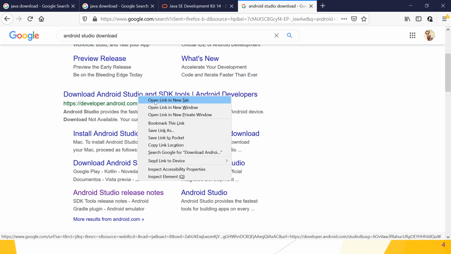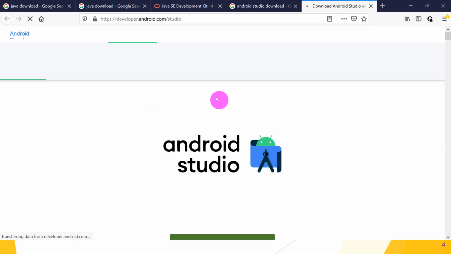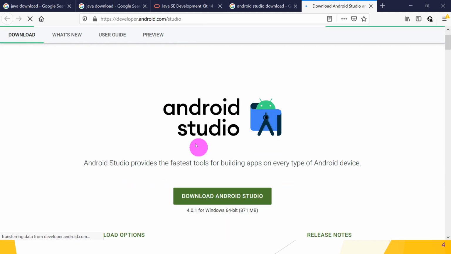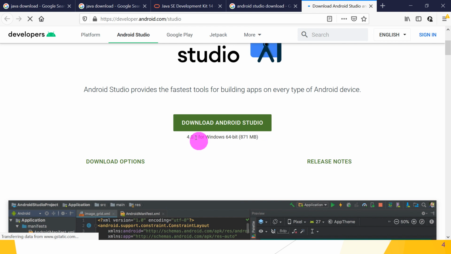So open it in a new tab. After opening it in the new tab, you will see Android Studio, and there, download Android Studio, which is version 4.0.1 for Windows 64-bit, and what is the size?